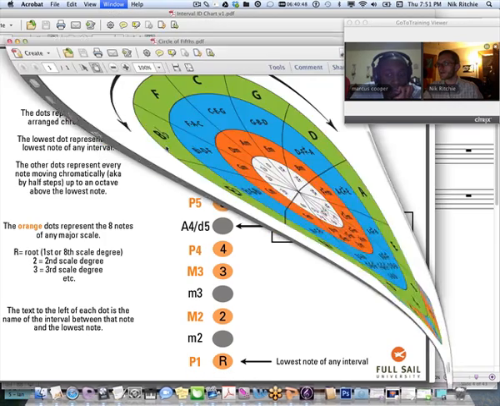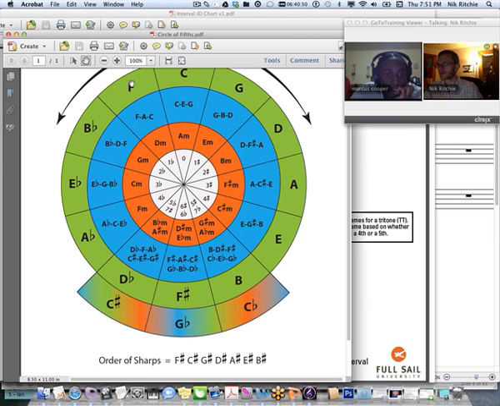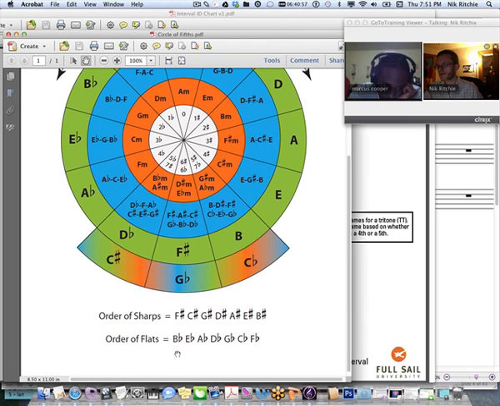We're going to look at the circle of fifths, look at the key of F, because F's our lowest note. Okay, the key of F major has one flat. We take the first flat in the order of flats. It's B flat. So the F major scale is,